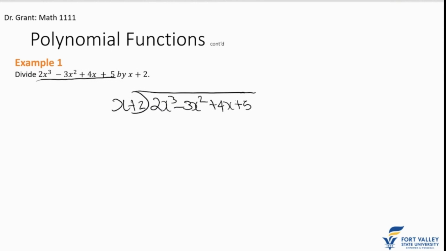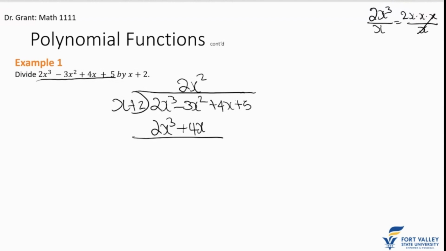Okay, so basically we're going to be looking at how many times does x go into 2x cubed? Or you can say, well, what do I multiply x by to get 2x cubed? So either way, you could say, well, 2x cubed divided by x. So remember, this is 2x times x times x. These cancel. So I'm left with 2x squared. And we usually put square over square term. So then 2x squared times x would give me, again, 2x cubed. 2x squared times 2 is going to give me a positive